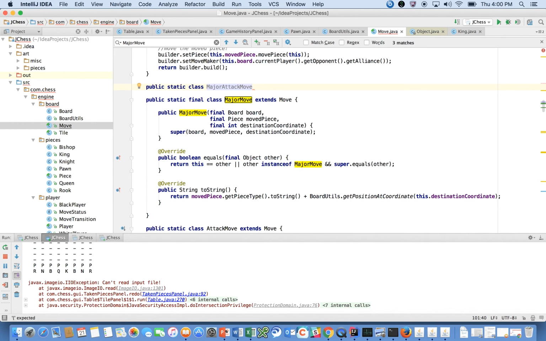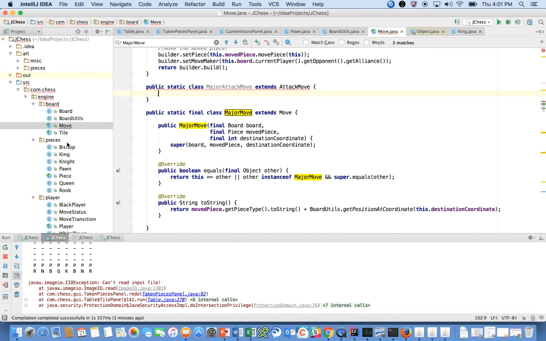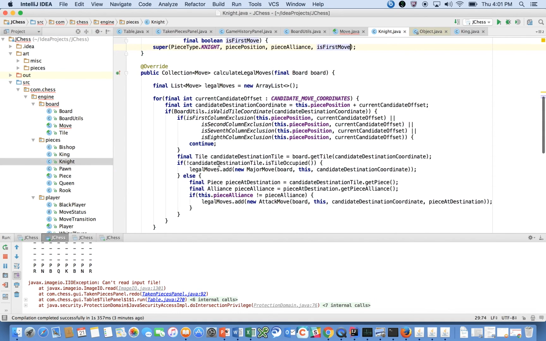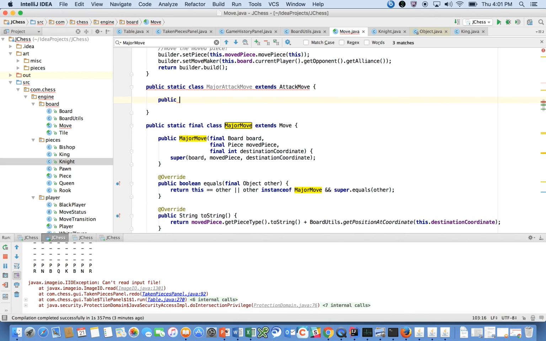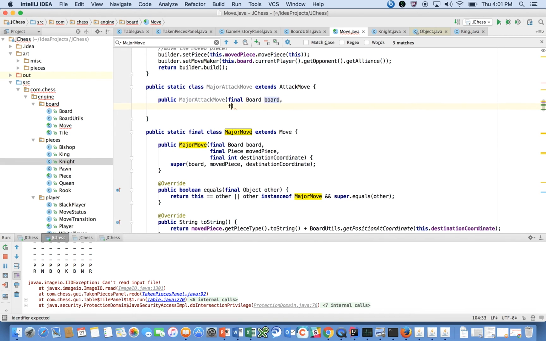This is a major piece executing an attack, right? Extends attack move. I think right now the major pieces, let's look at like knight. Yeah, we're just creating an attack move. We want a major piece's attack move. So attack move will become sort of a parent class for both the major pieces and for pawns to execute the attack move. So we can say public major attack move, final board, final piece